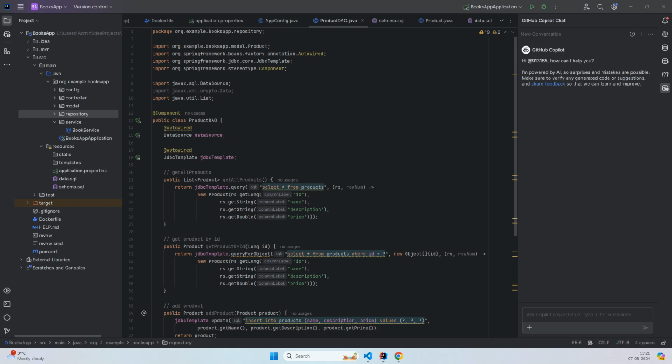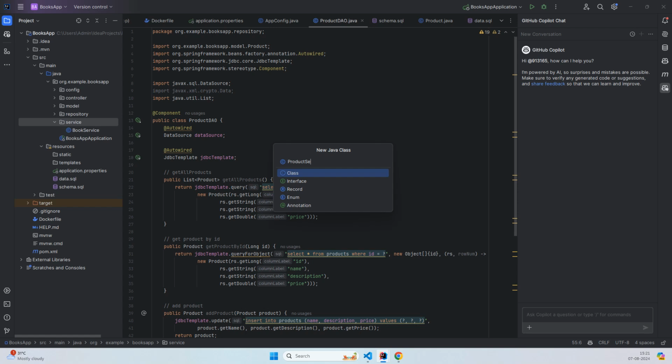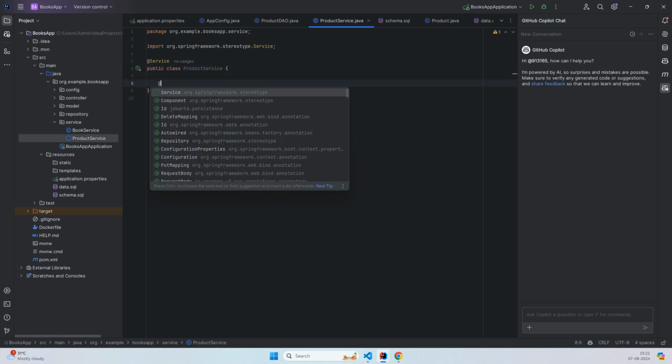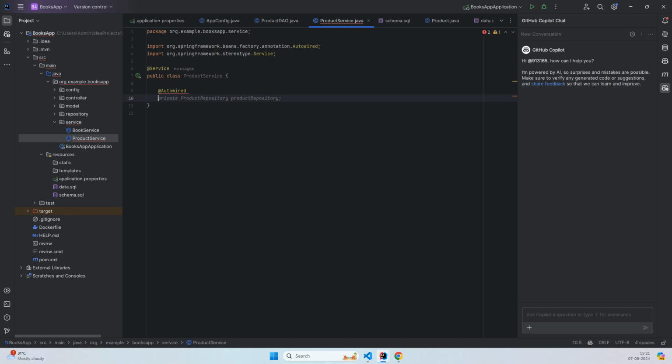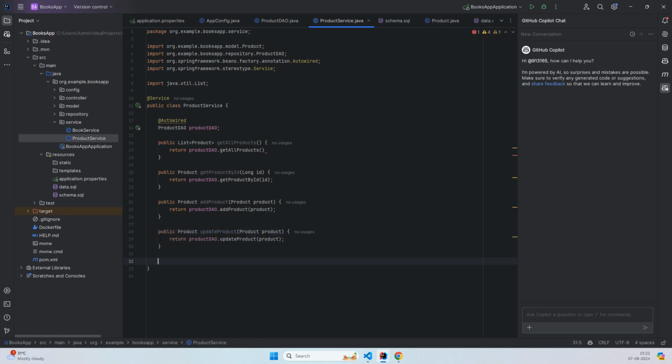So let's go to this service, create the service, or simply say okay, and annotate with @Service and @Autowired, and then product DAO, and do all the services: list products, and then product DAO, get all products, product by ID, then we have an add product, then update product, and delete product. And here just okay. So our product service is there,